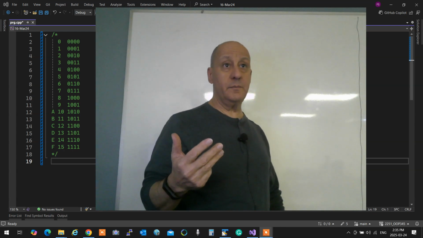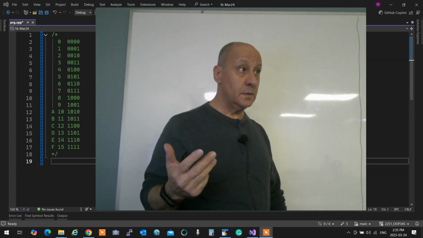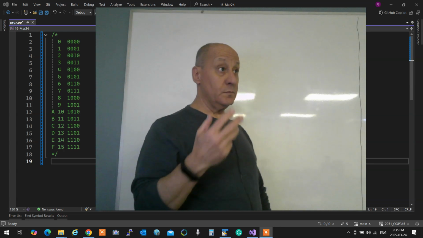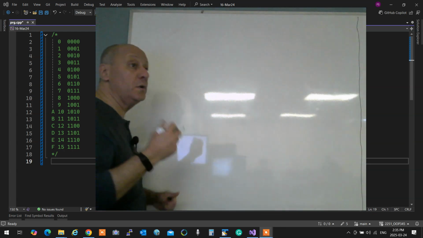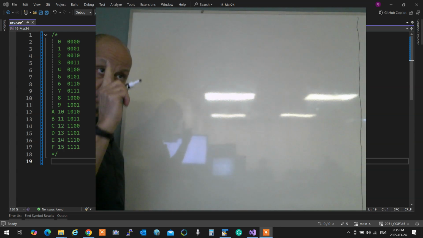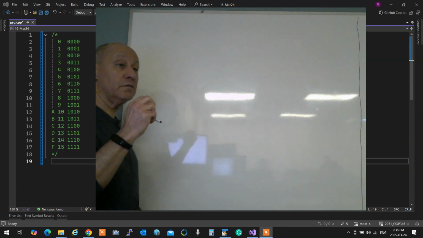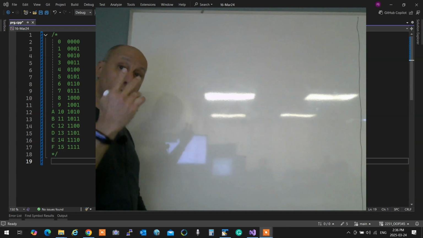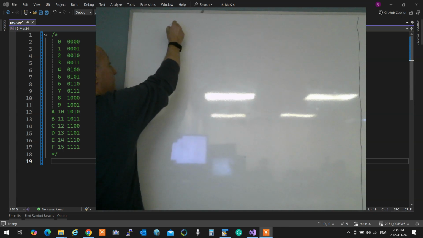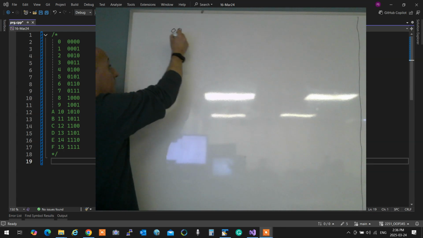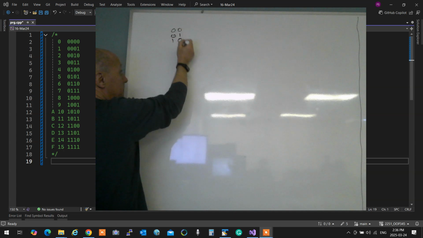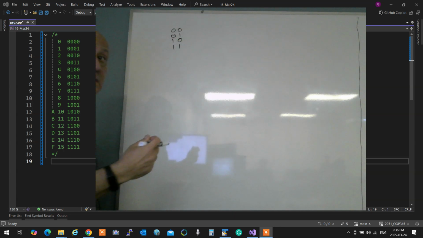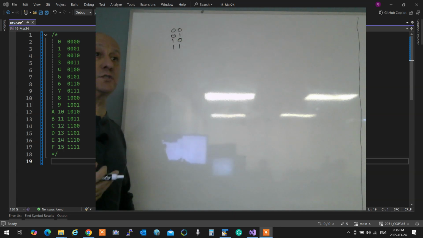For 4 of them, how can we do? The best way to minimize the number of switches is to use combinations. So if you only want 2 things, you need 1 switch. If you want 4 things, you need 2 switches. If both of them are 0, that's 1 position. If the first one and second one, that's the second position. That's the third one, and that's the fourth one. Hence, you have 4 different situations you can show.